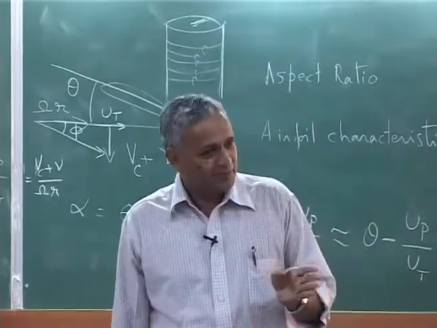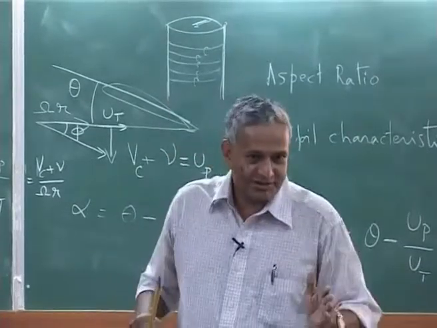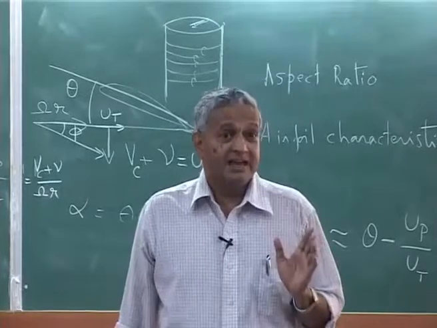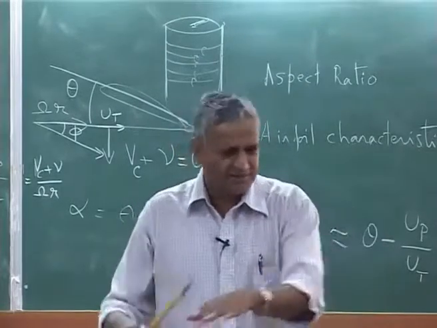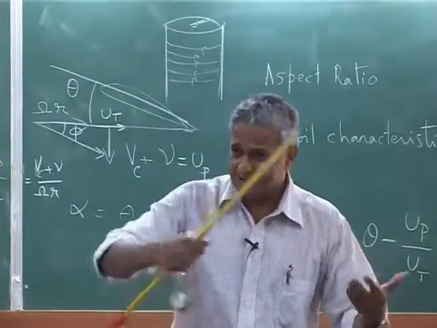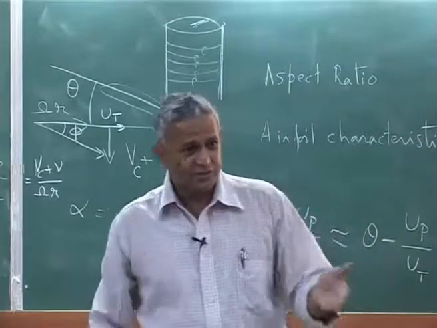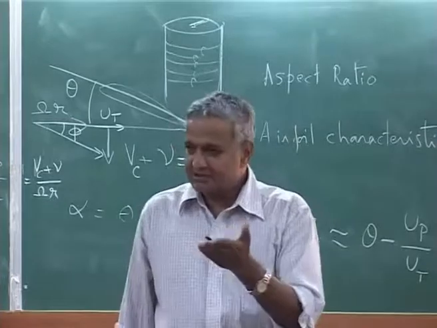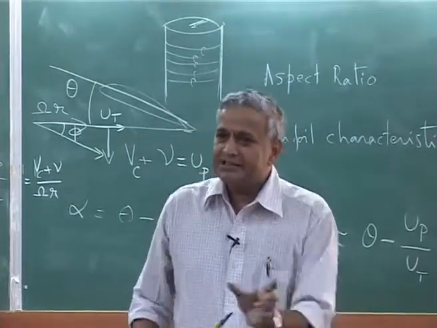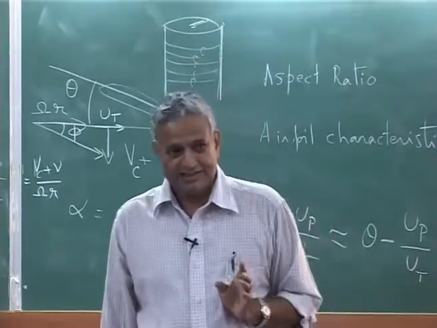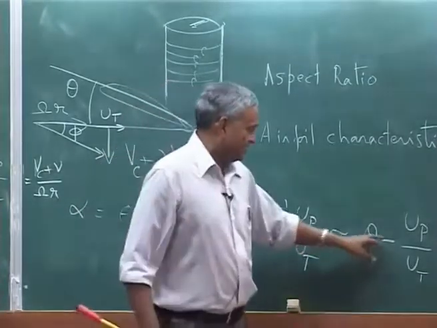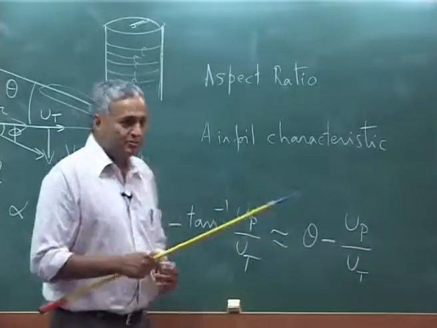So, usually you will find the aerodynamic section of the rotor blade starts about 20-25% away from the center because of the geometry, because you have to have a hub, you have to have attachment, everything. So, it will be around 20-25%, and the error you make in that is not a lot, okay. That is why you make this approximation first, theta minus up. Now, you know angle of attack,